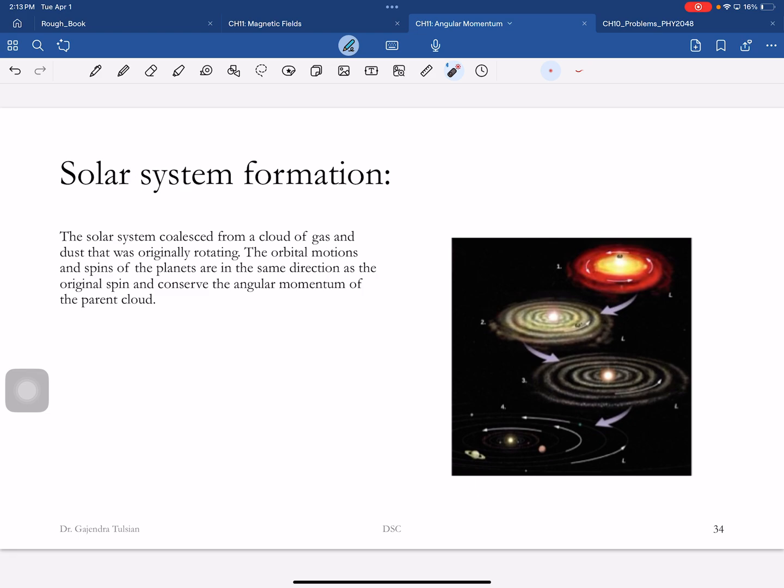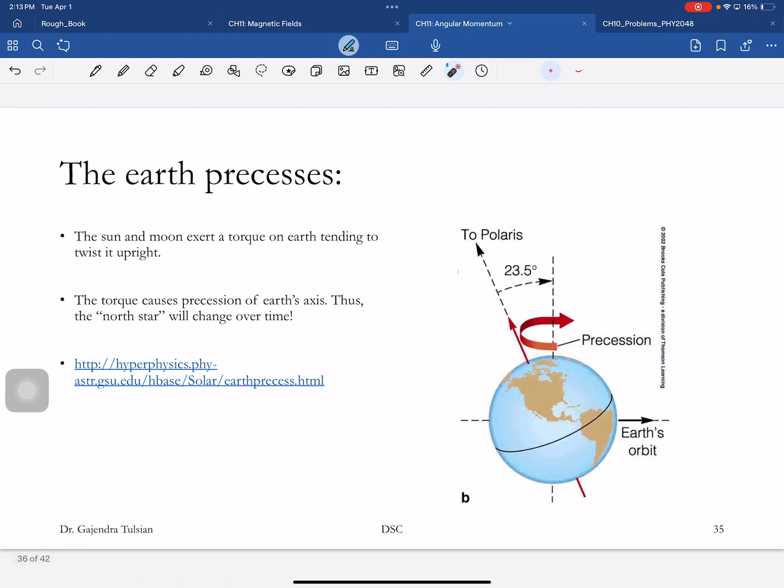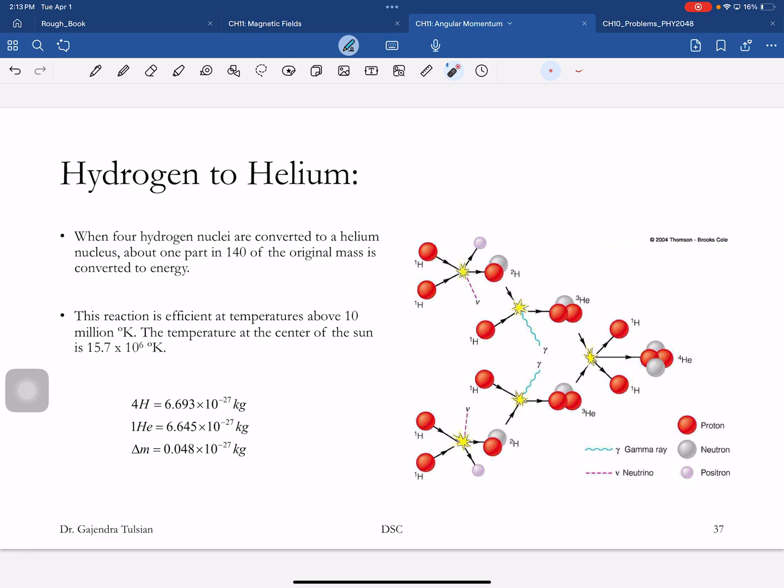The solar system formed from a cloud 5 billion years ago that was as big as this campus, you know, Dunn Avenue and ISB. From that, it collapsed to this, with essentially all the mass in the sun. That cloud was rotating slowly initially, and that angular momentum has remained constant for 5 billion years. That's why the sun is spinning and the planets are going around. All right, there are other stories, but